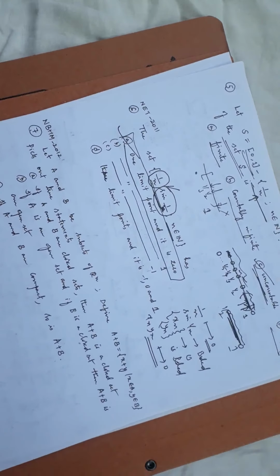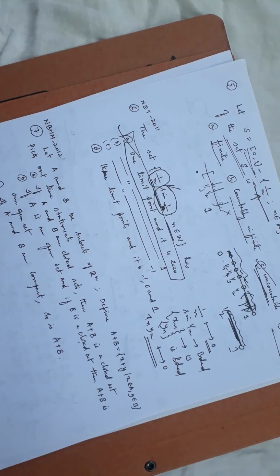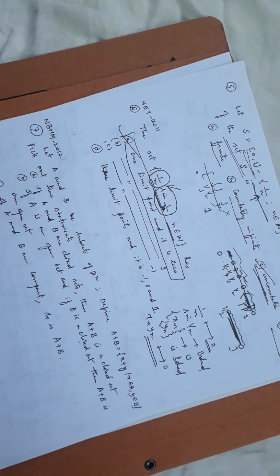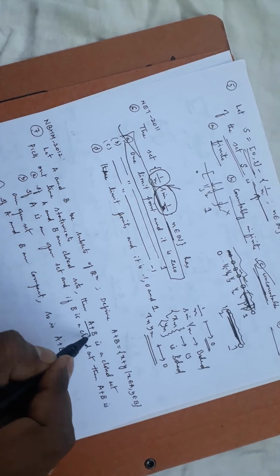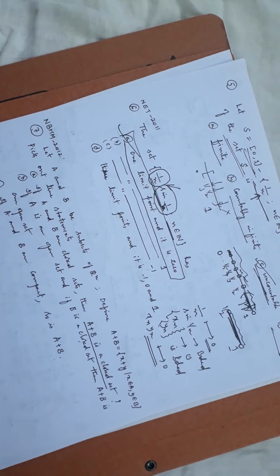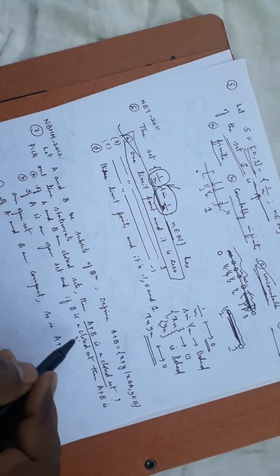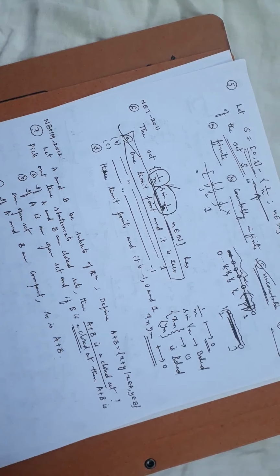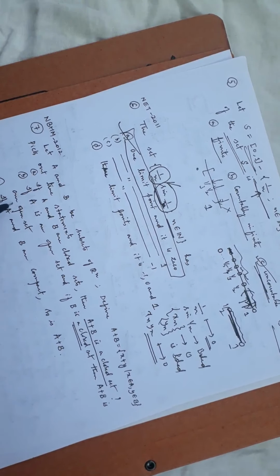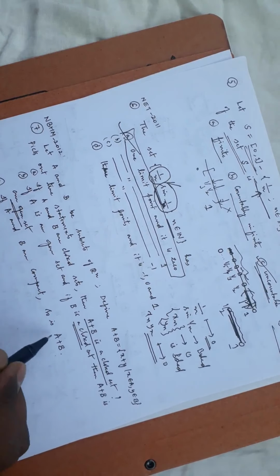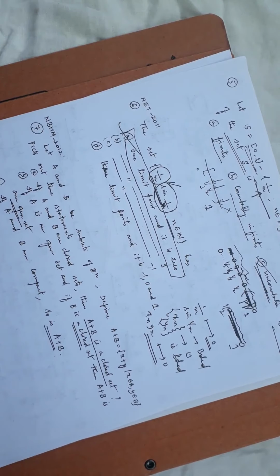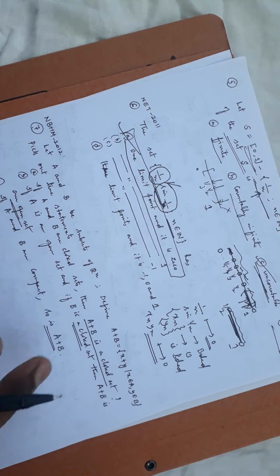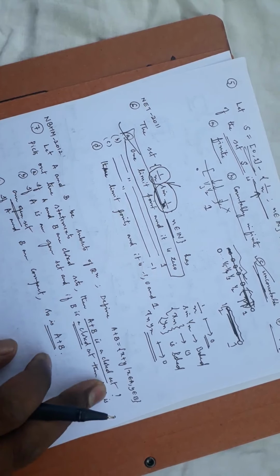Next, in the National Board of Higher Mathematics, a question is asked. Pick out the true statements. If A and B are closed sets, then is A plus B closed? The next question is, if A is an open set and B is a closed set, what can you say about A plus B, whether it is an open set? If A and B are compact, then what can you say about A plus B? The first is, if A and B are closed, then is A plus B closed?